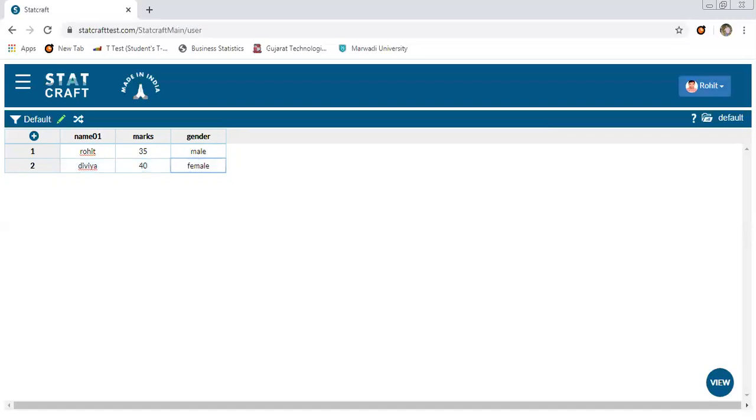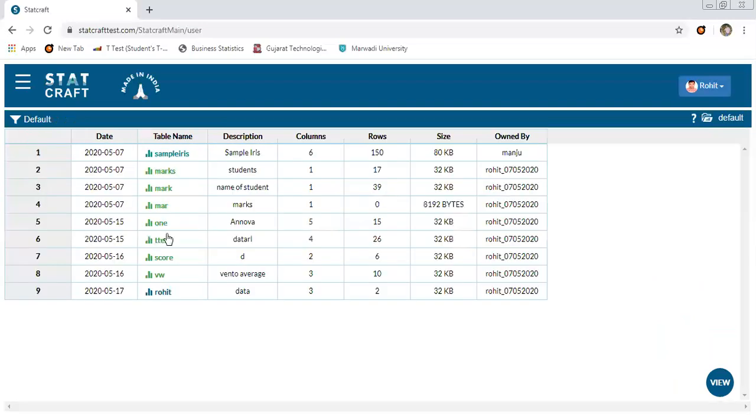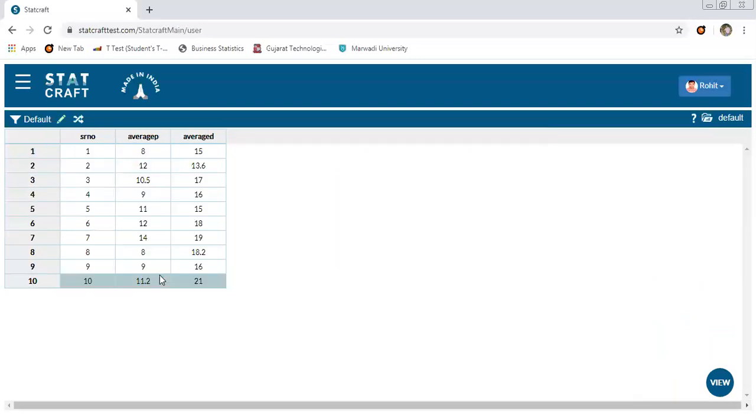Now I would show you what kind of tests this software is capable of, and what is the basic USP of the software. Basically, I would do a t-test. This is one data set which I had prepared. In it there is the average of Vento petrol, which I had taken from research on 10 different persons.